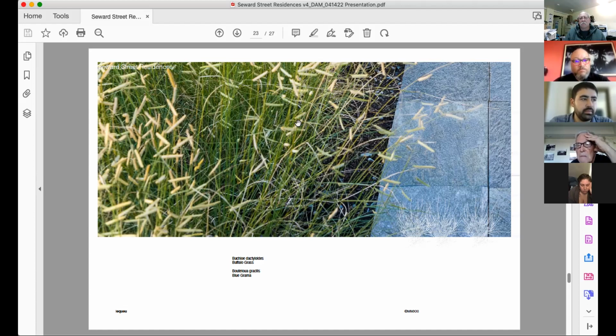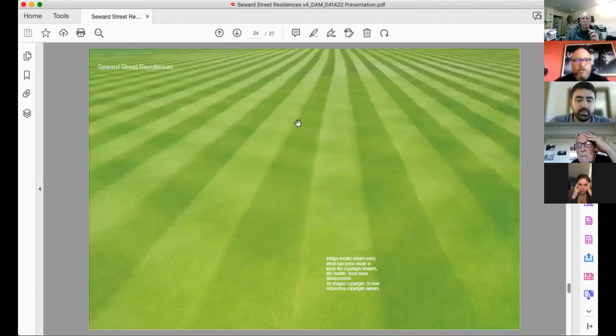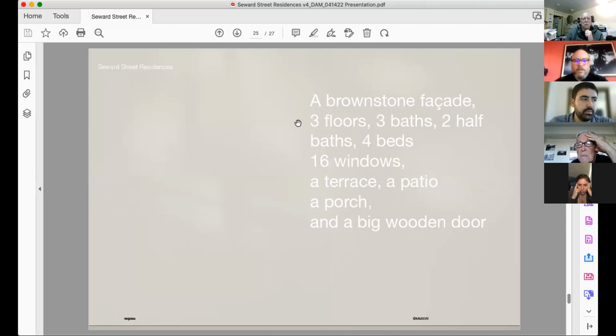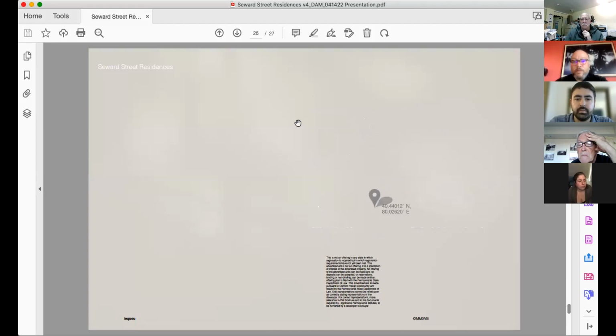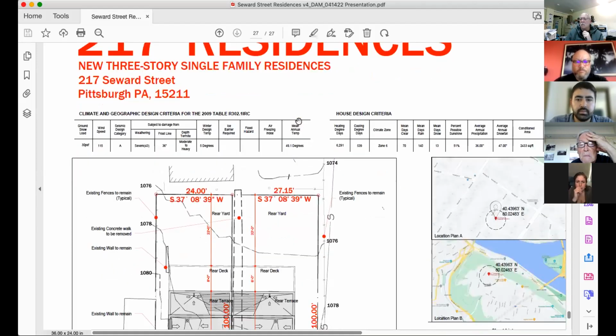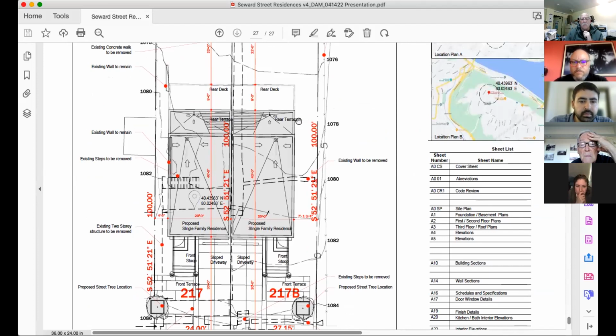That being said, that's all we're building. It's really pretty simple. I did include at the very end here a basic description of what I just said. And then also I've included in this presentation our site plan, which is this. Can everyone see that site plan?